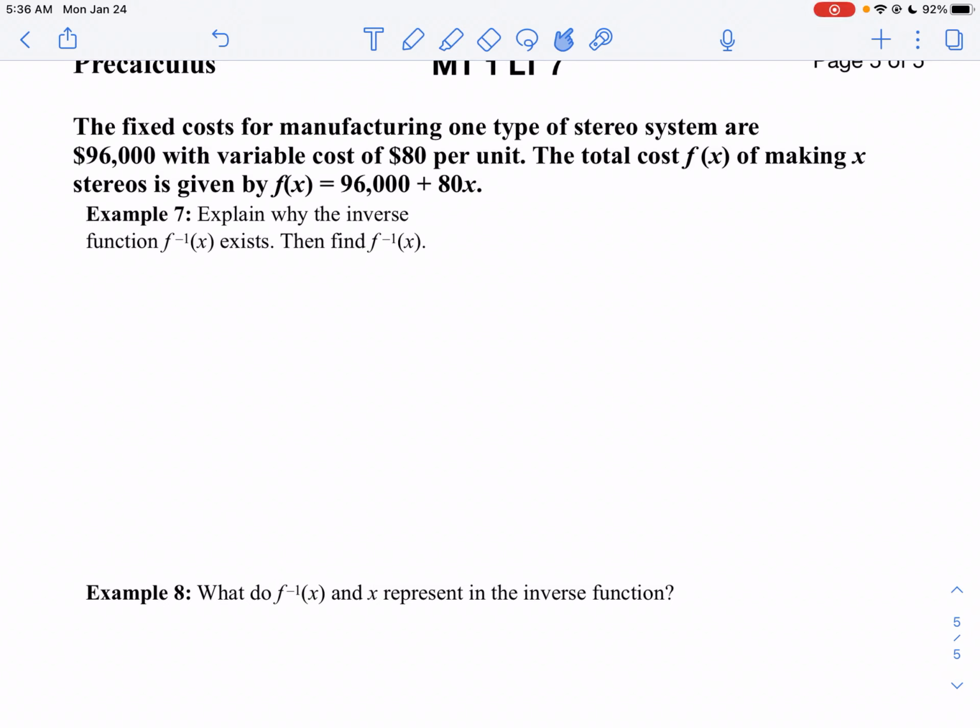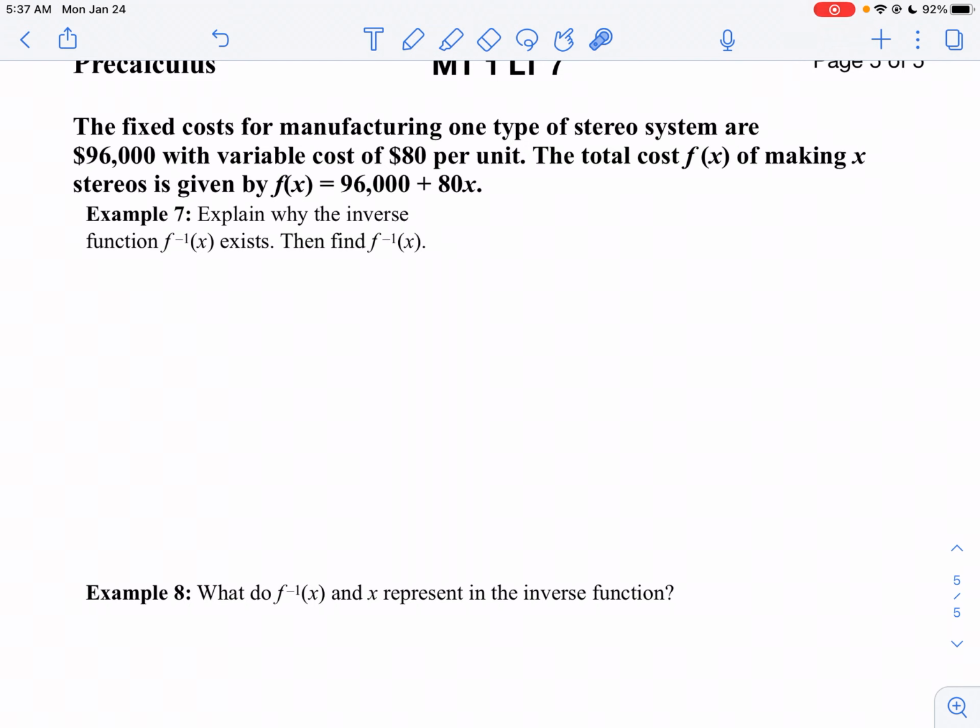Let's take a look at an application problem here. It says the fixed cost for manufacturing one type of stereo system are $96,000 with a variable cost of $80 per unit. In other words, you have to pay $96,000 for the setup, to change the plant around, I'm guessing. And then it's going to cost you $80 for every additional stereo you make after that